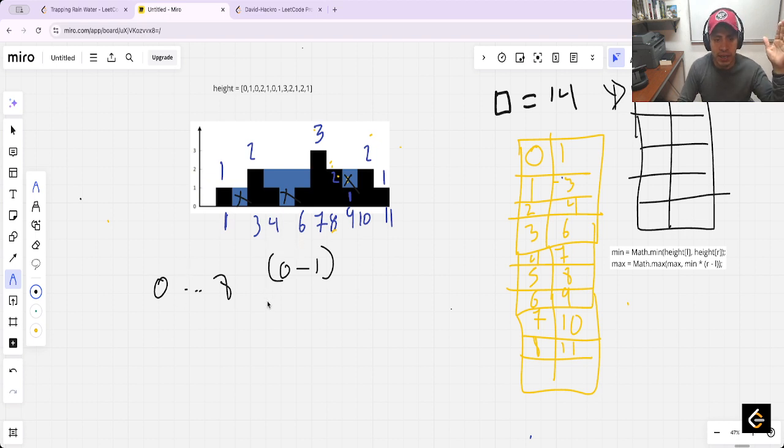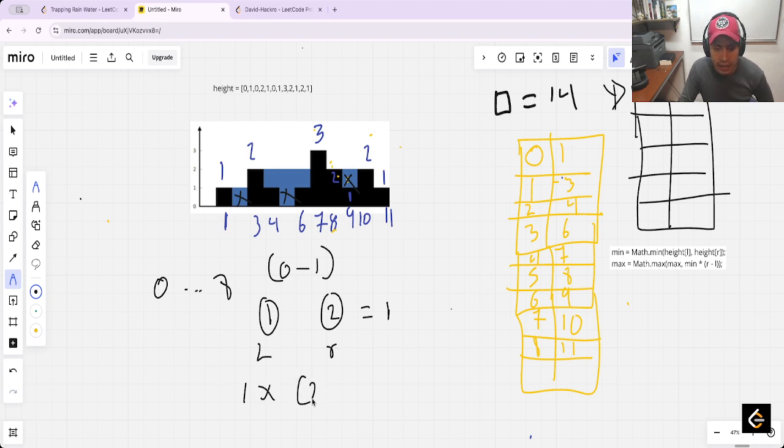Okay, what is the left barrier? The size is 1. The right barrier is 2. What is the minimum? The minimum is 1. Okay, and now apply this operation. 1 multiply 4 r less 1